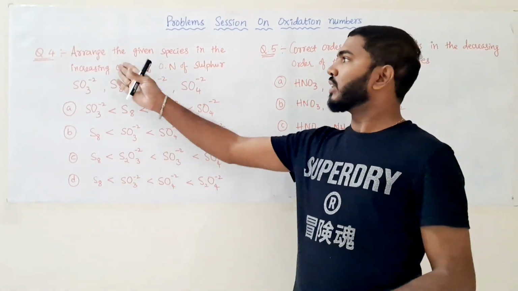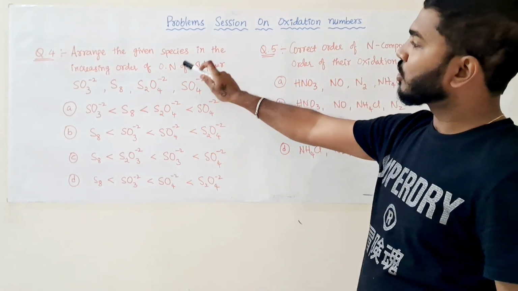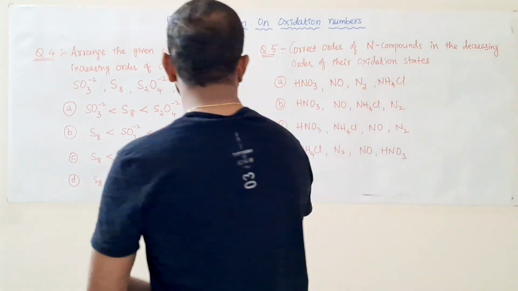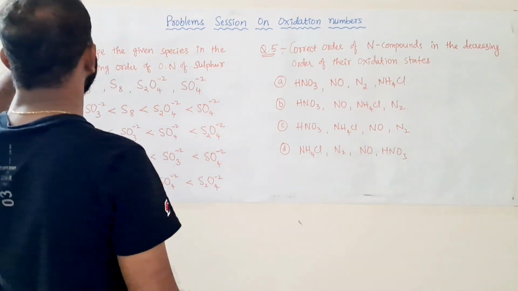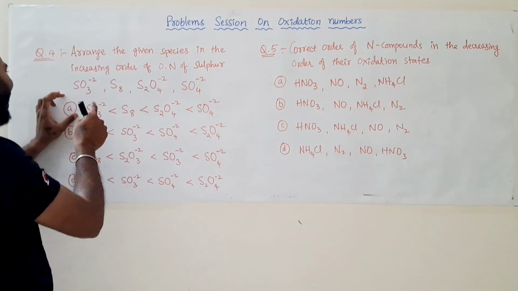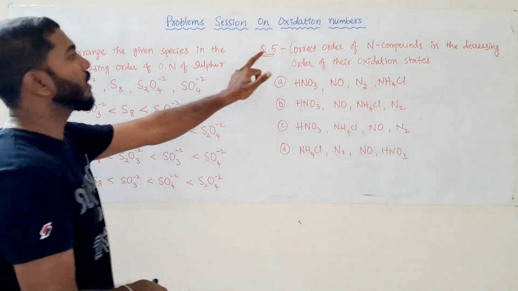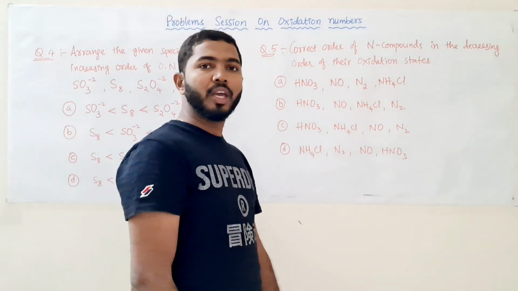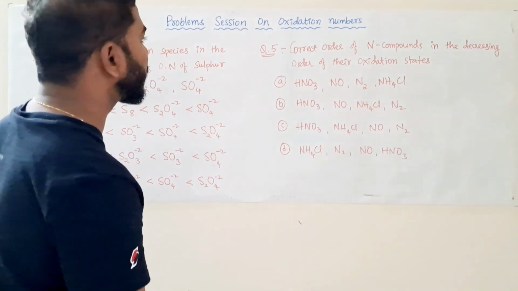Yeah. Next, these are the fourth and fifth questions. I am giving them for your homework. Please try to solve these and comment the answers in the comment section. I will obviously reply to these two questions. Please take screenshots, and if, let's say, for question number 4 you get option A, then comment question number 4A, and for question number 5 if you get option B, then just type 5B. I will look at those comments and give you the reply. Please try to take a screenshot of this.